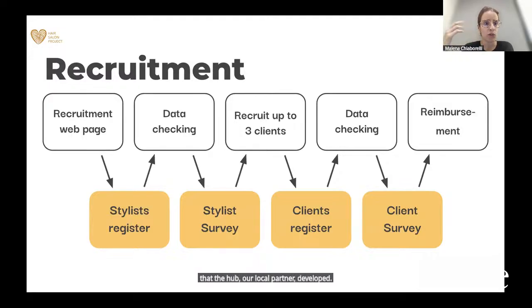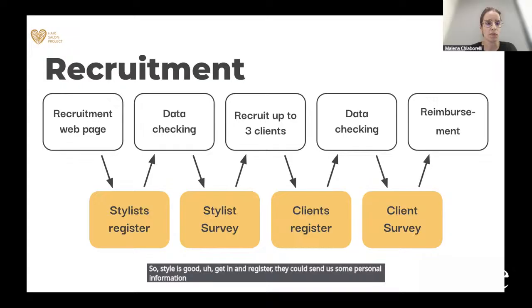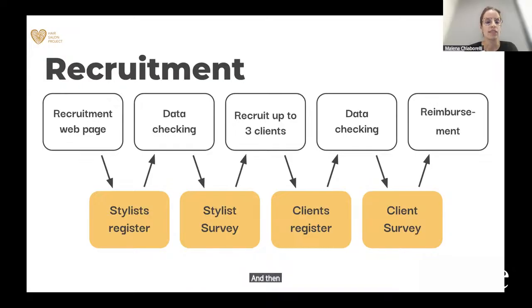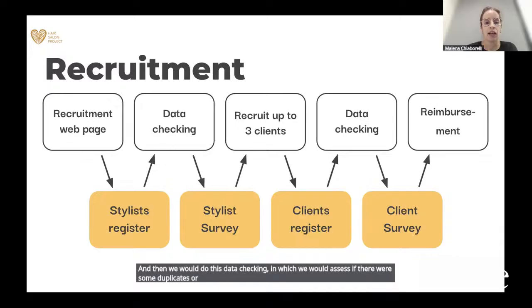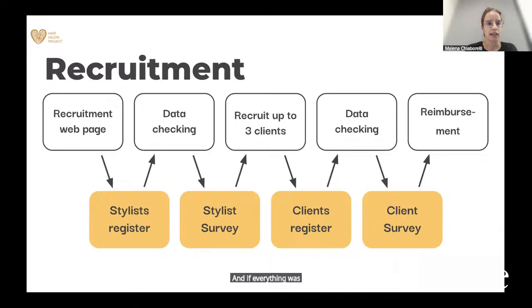This web page was distributed through social media, through influencers, and also the radio. So stylists would get in and register. They would send us some personal information, some GPS data, and also pictures from the salon. And then we would do data checking in which we would assess if there were any duplicates or fake data. And if everything was correct, then we would send the stylist a link with the actual survey.